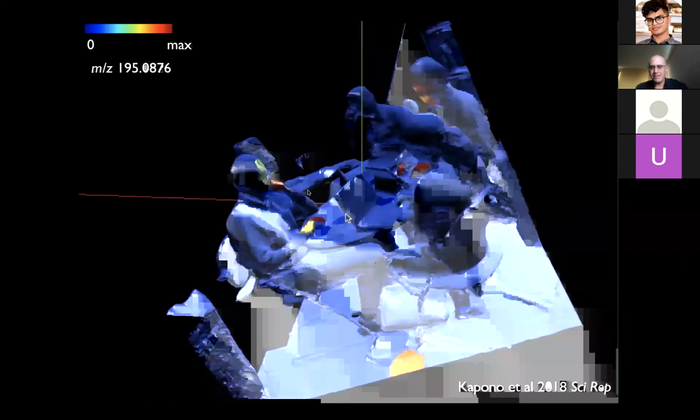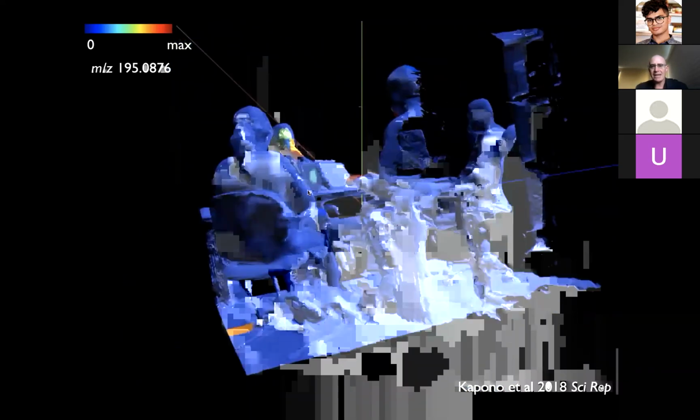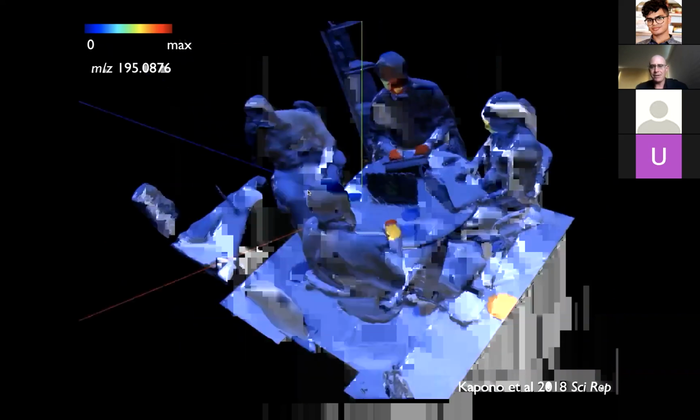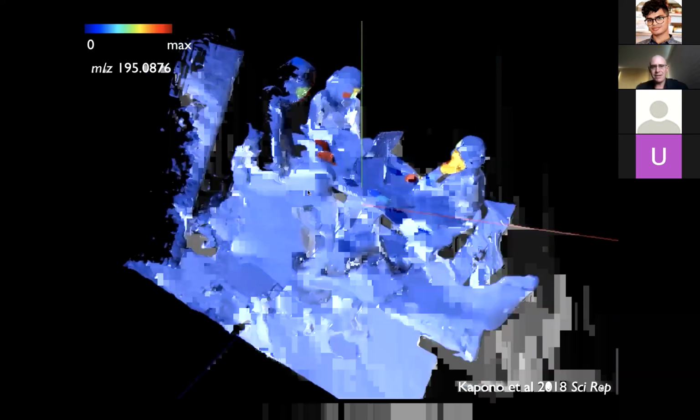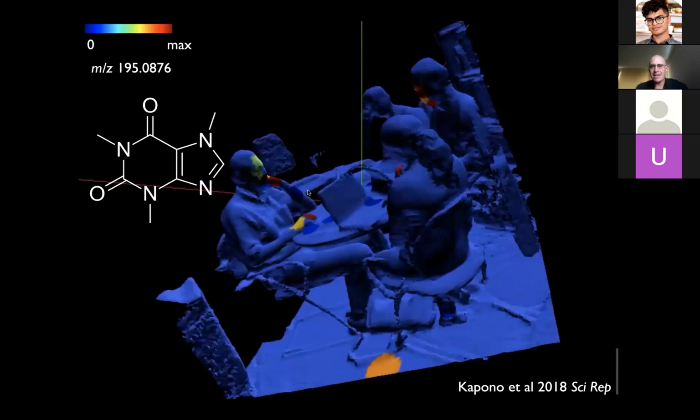But again, mapping them onto the spatial context of Peter's office, you can see one molecule that lights 3 of us up very brightly and very specifically on our faces and hands, but doesn't touch the 4th at all. And the molecule that we're looking at happens to be caffeine, and 3 of us drink a lot of coffee or tea, whereas the fourth abstains from them completely, although you can see that someone has spilled some on his floor at some point in the past.